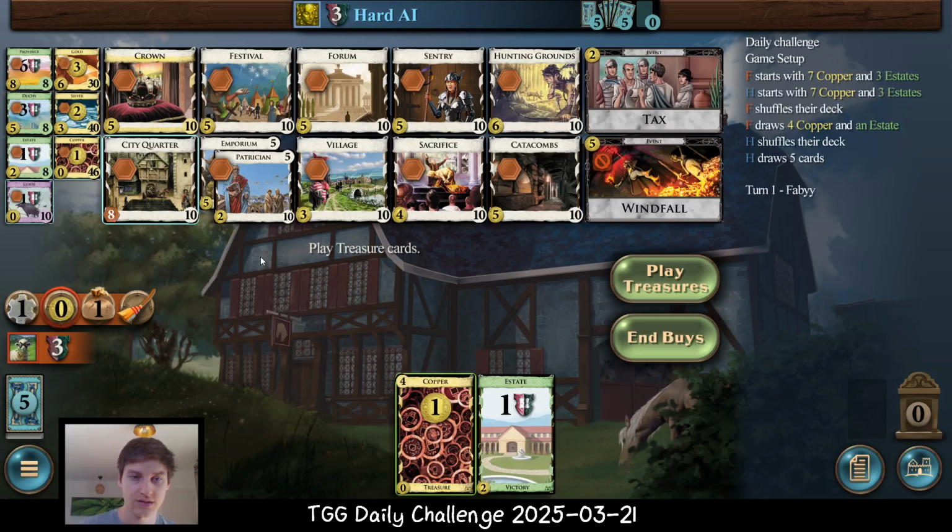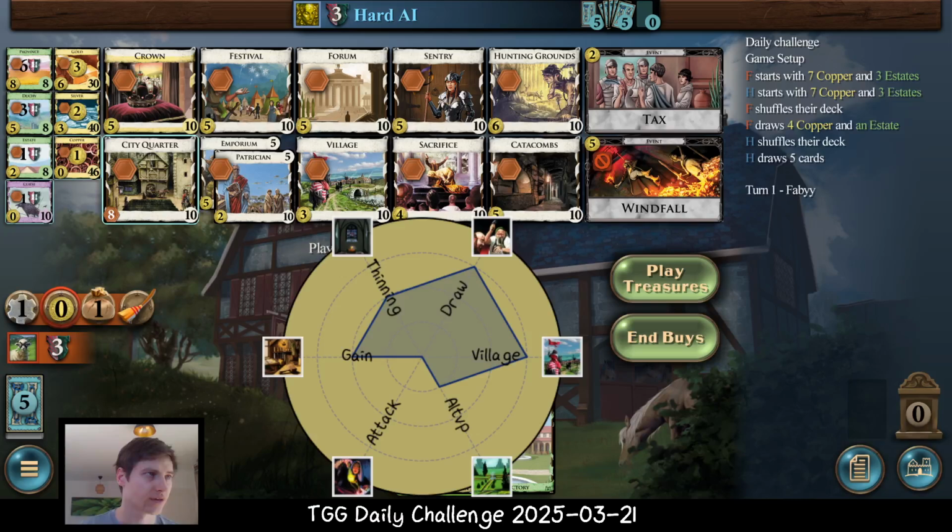So yeah, this looks like a very, very strong kingdom. Let's look at the kingdom plot here. Actually haven't looked at it before, but there's a bunch of draw and village, some nice thinning and sacrifice and Sentry, some gains due to the Festival being plus buy, and yeah, there's no attack card, so you just race your opponent. There's alt VP in Emporium,